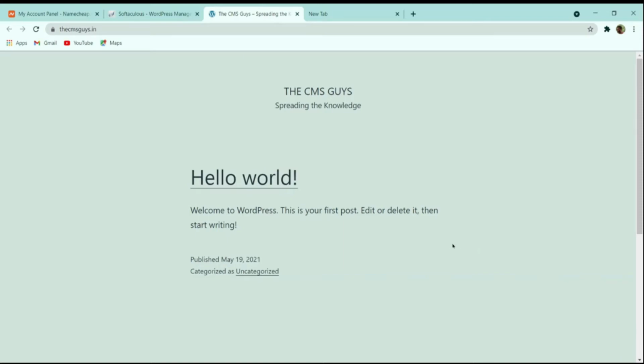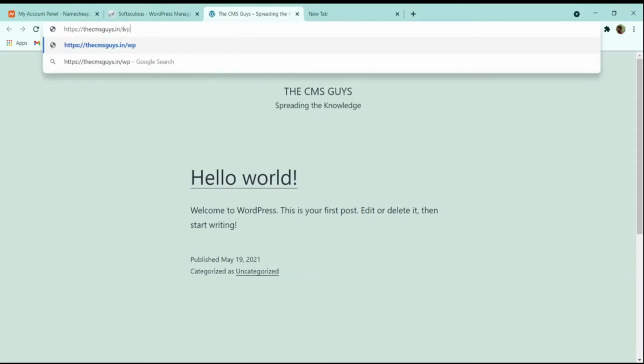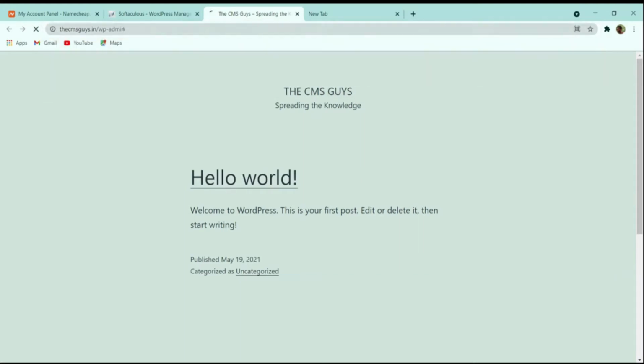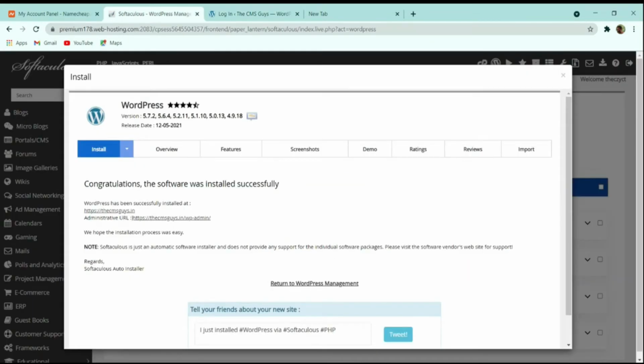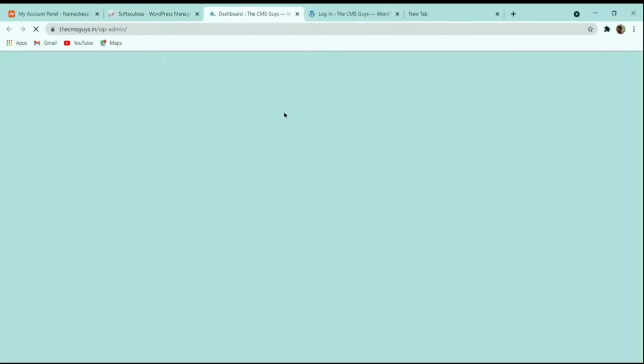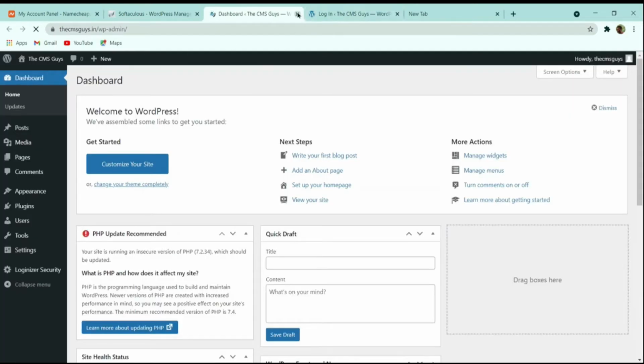If you want to go to the dashboard, just after your website name you have to put a slash and then wp hyphen admin, and then you will be redirected to your dashboard login panel. Here you can also find this administrative URL, the same URL, which will also redirect you to the WordPress dashboard.